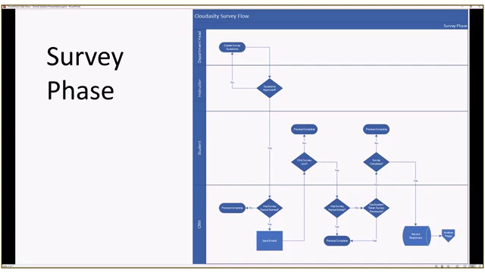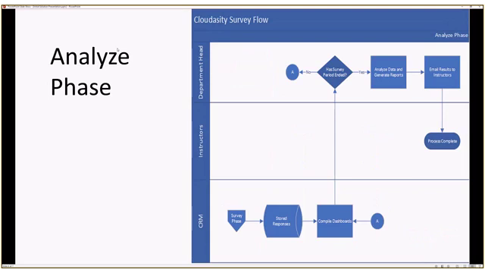Once the logic checks out, the student completes the survey, and all of those records go into the responses database. And then from there, we go on to the analysis phase.